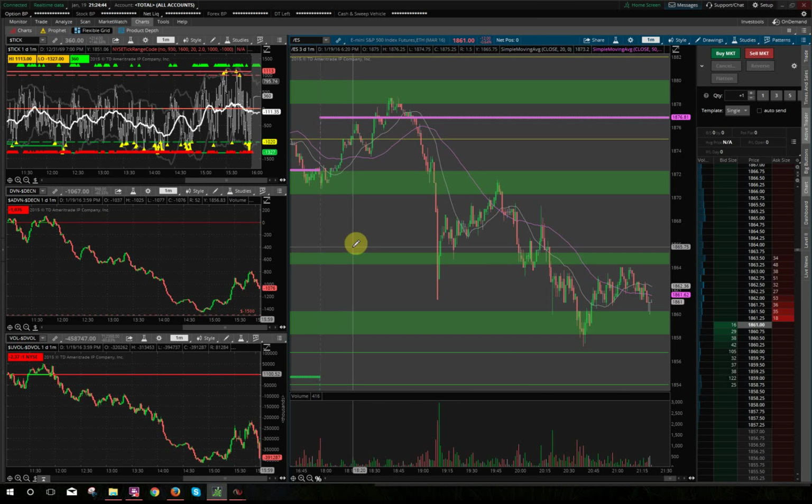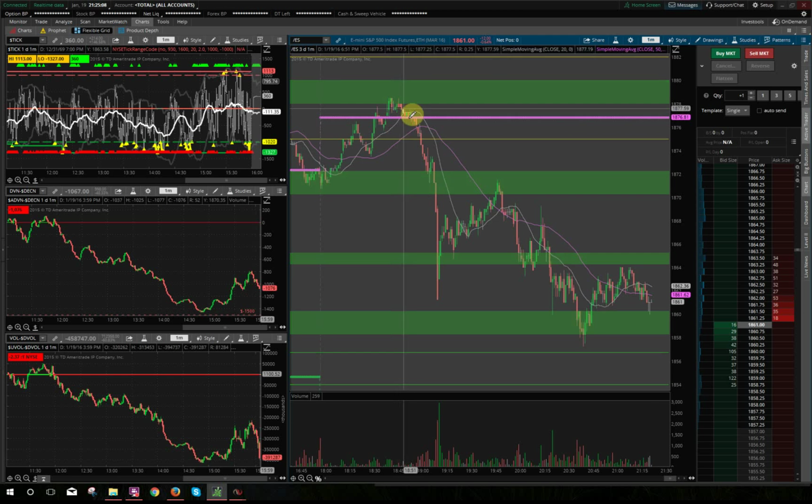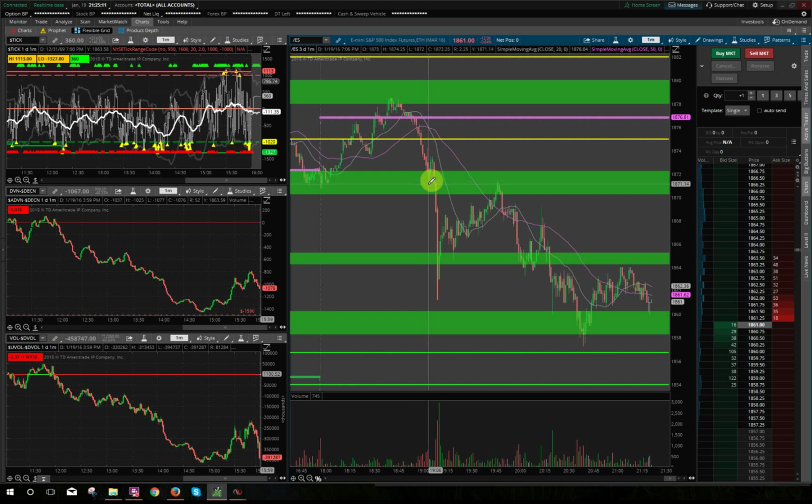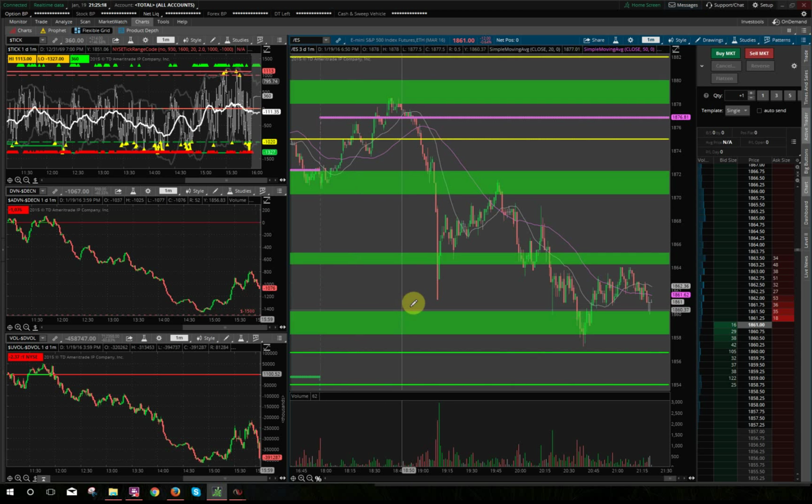So what I did here, and the reason why I like the overnight sessions, is because it's slower and it seems to trend better, meaning if it moves in one direction, it'll continue to go in that direction. In this case, this morning, the reason I want to show you this example is because it was just a great example. It came up to this resistance area, came down, and hit the support. The support did not hold, and then you see this huge selling pressure that moved all the way down, and that was over